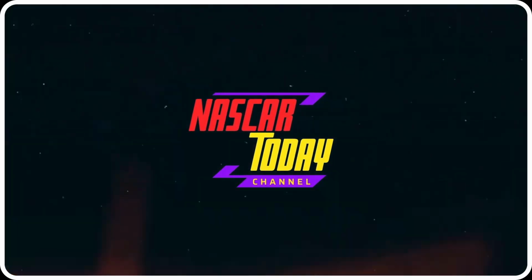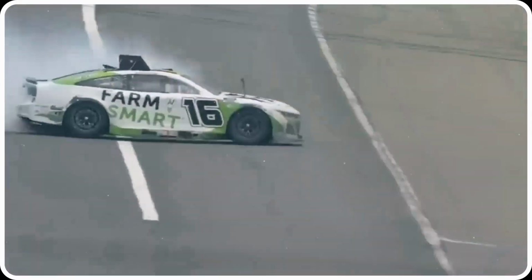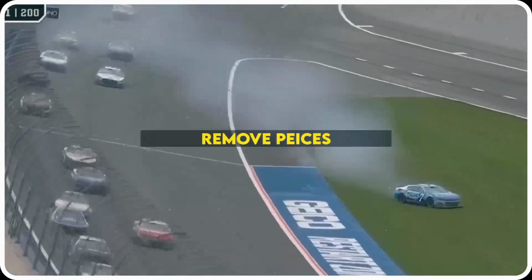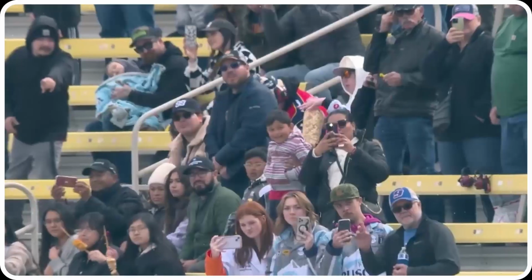NASCAR had contemplated waiting for the manufacturing of new pieces and giving teams time to understand those pieces as it looked to improve racing on short tracks and road courses this year. But the teams had a different idea. Remove pieces and let's race. So, NASCAR will unveil a new aerodynamic package for short tracks and road courses this weekend at the 1-mile Phoenix